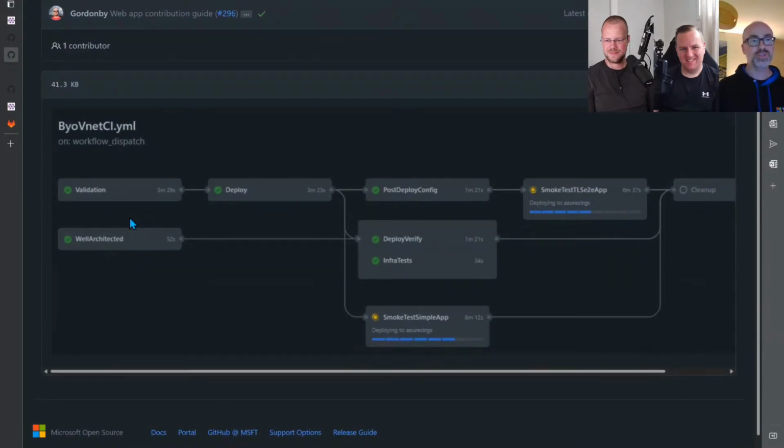We go through this process: let's do validation, let's make sure this thing should deploy, let's actually deploy it, and then let's check a bunch of stuff. Let's smoke test this with well-known apps, starting quite simple, like the Azure voting app, for those of you familiar with that. Then we put on ones that use Cert Manager and external DNS. The app itself has SSL, pulling certificates from Key Vault. We're doing end-to-end TLS and inspecting that everything works.